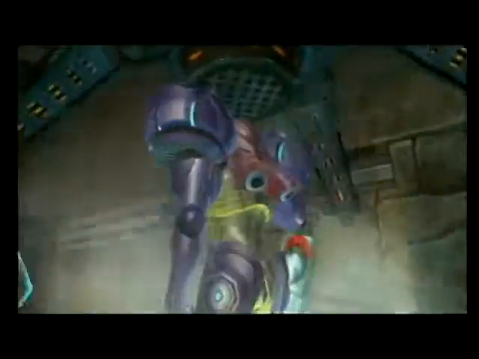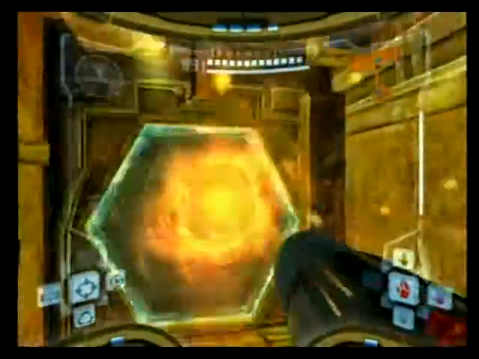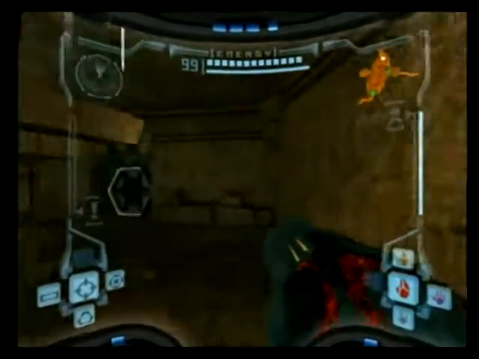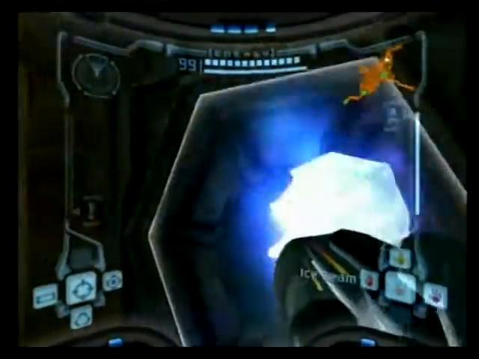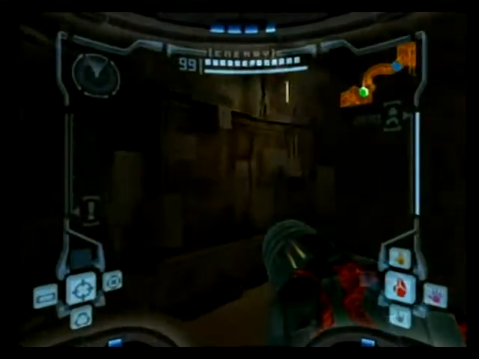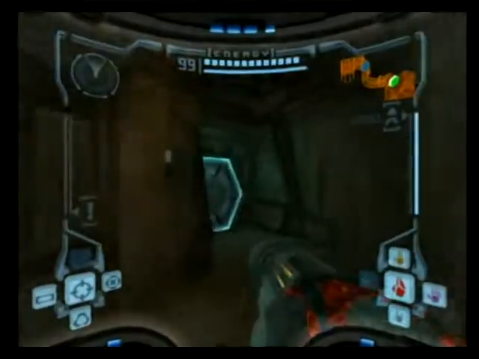Oh, we're heading our way to Phazon Mines. Yeah, it sounds kind of weird. We just came from there, only we got the X-ray visor and we got the plasma beam. Those are the two main reasons we went back, because you can't beat the Omega Pirate without the plasma